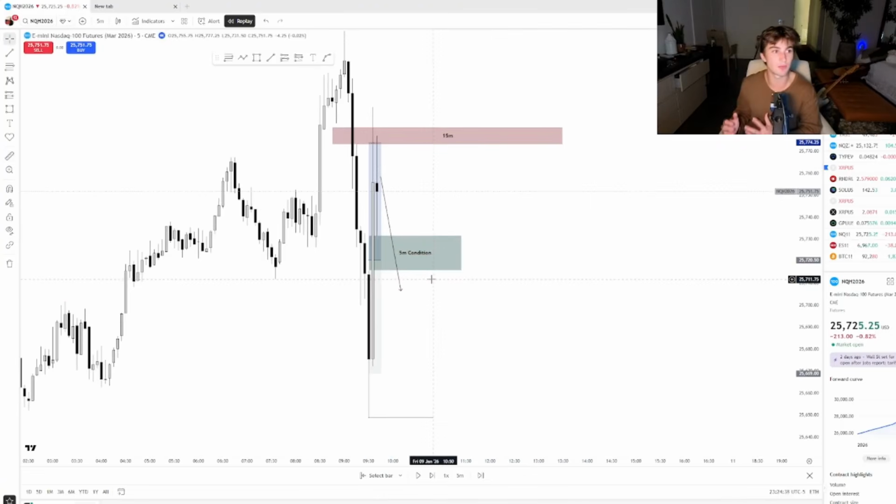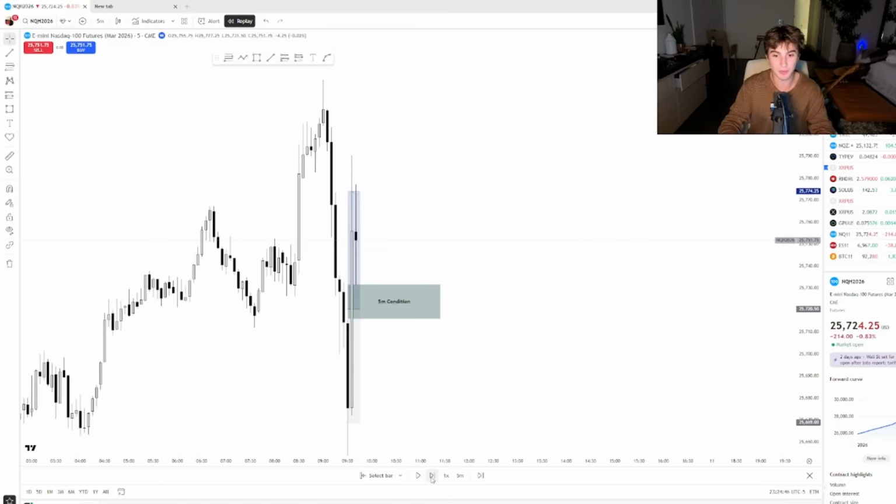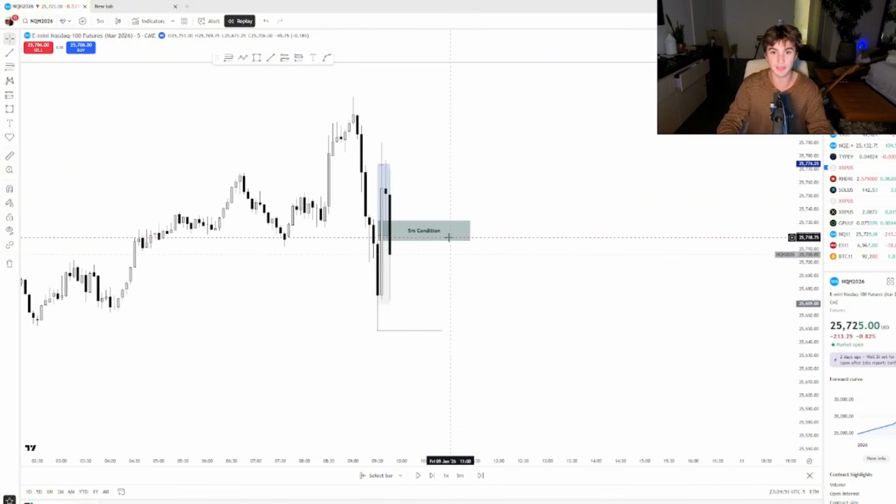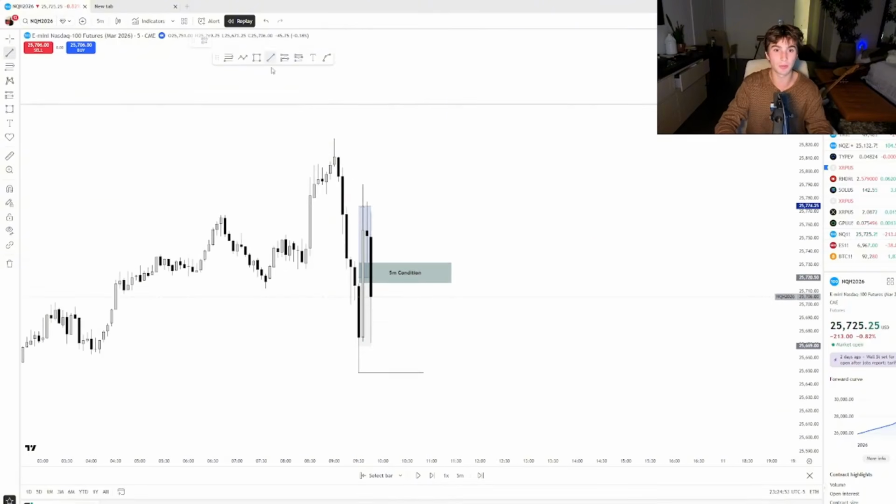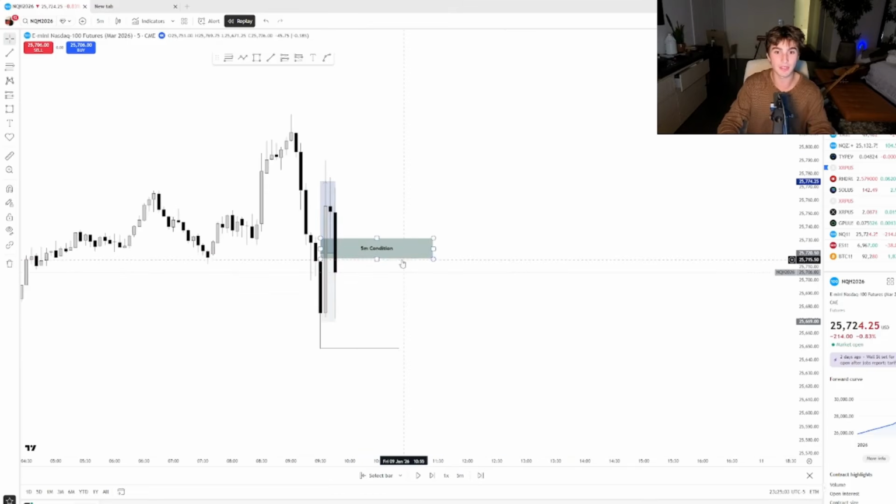So we use fair value gaps and inverses. It's like a team effort here. Back to this. If we want to go higher, we want to see this get respected. Price ends up inversing it to the downside. So now we're no longer looking above. We don't care about these draws, which we thought price was going to go to. And now we're focusing lower because this 5 minute gap has gotten inversed.